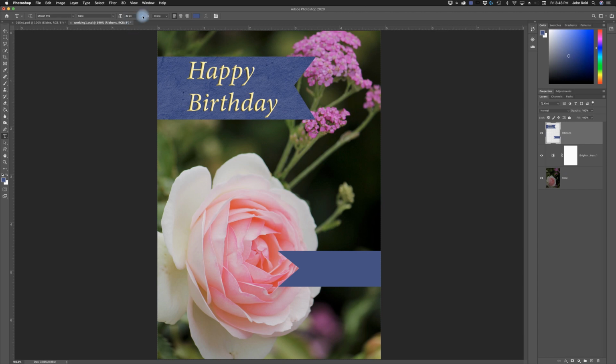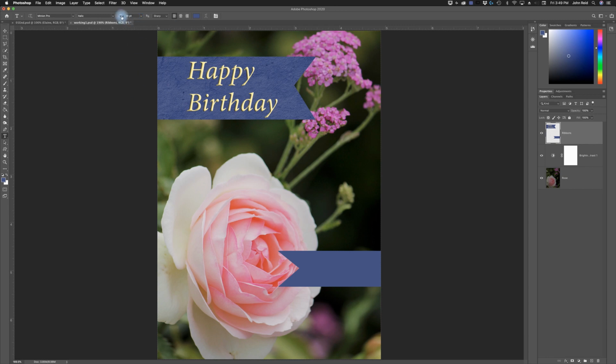Now there's a couple ways to change this font. You can click on this and go down here and select the font size that you want, and notice that it goes from 30 to 36. There's no 32 there. The other way that you can select font size is you can just type it in. I can just type in 36 if I want it to be bigger, and press enter, and I got 36